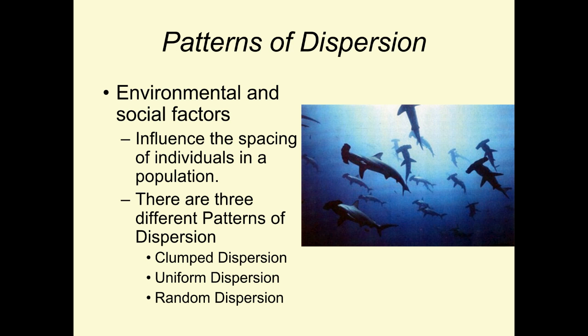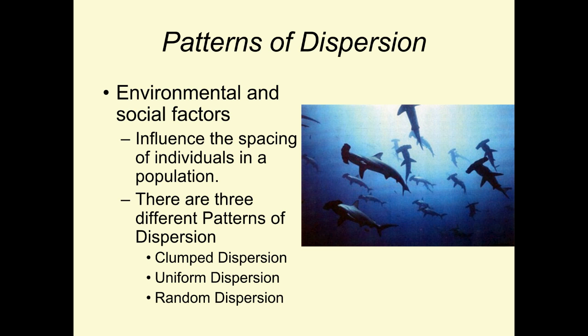Okay. So, patterns of dispersion. Density is easy. High density, low density. We'll talk about density-dependent factors. But dispersion is really grouped into three main types: clump dispersion, uniform dispersion, and random dispersion. Clump dispersion is when you have organisms that are grouped together. So kind of clump dispersion.